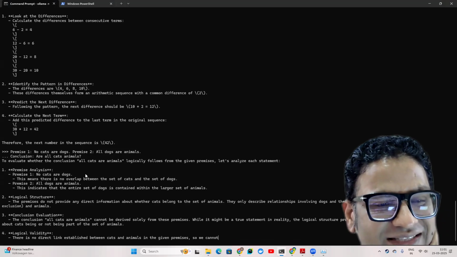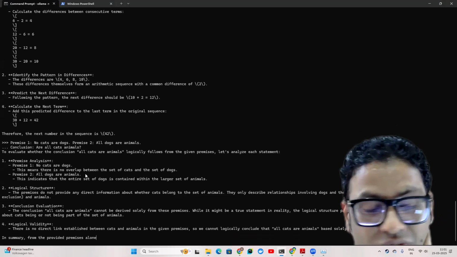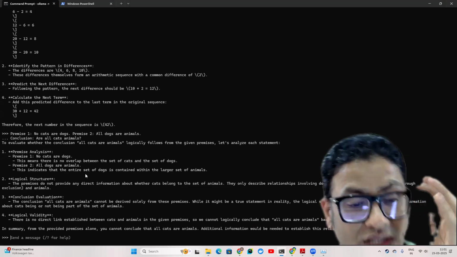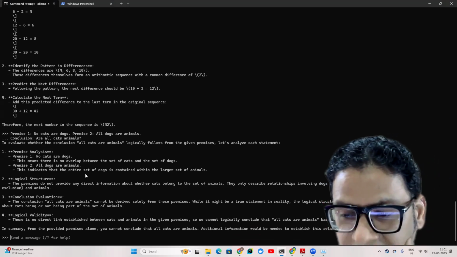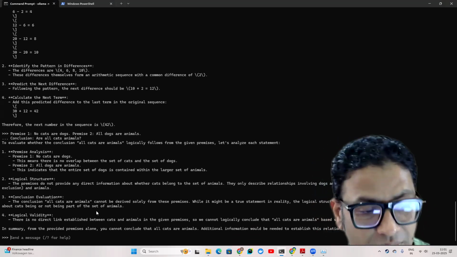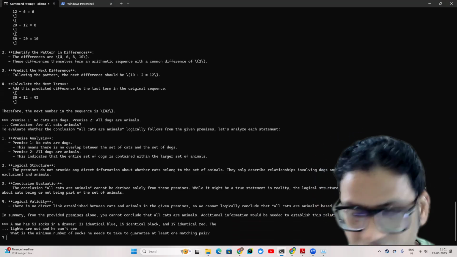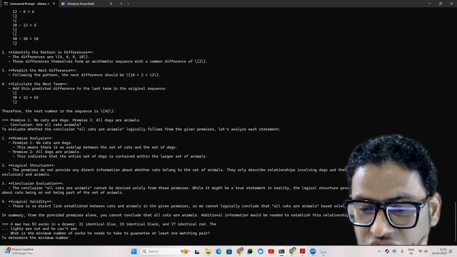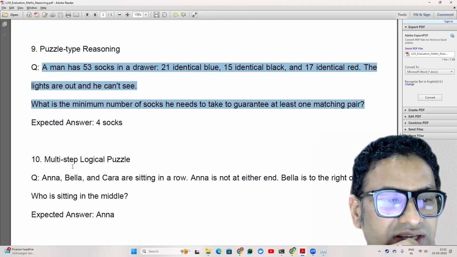I'm really amazed at the kind of intelligence these large language models have. And I'm super excited to use the next one, right? Additional information would be needed to establish this relationship logically. That completely makes sense. Okay, so now for this question, which is puzzle type reasoning, and then we have a